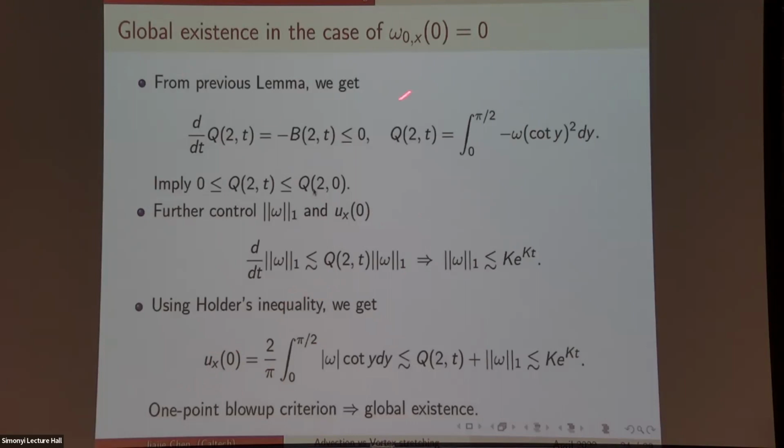So this is the argument with this vanishing condition. The most difficult case is to try to remove this condition. The problem is if you remove this condition, this integrand is roughly given by 1 over y. So with 1 over y, you have a log singularity that's not integrable. Then this argument fails.